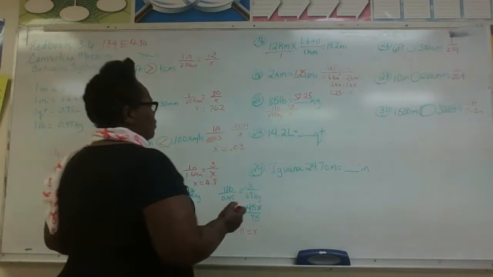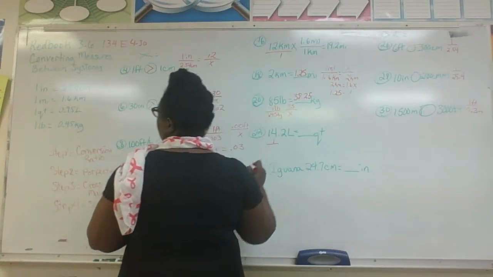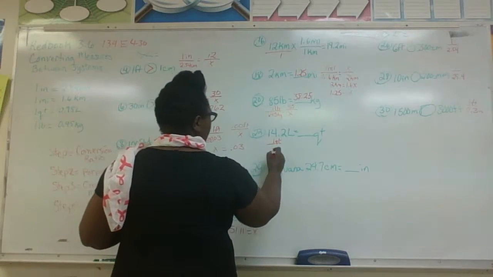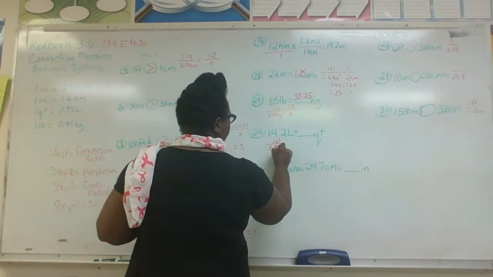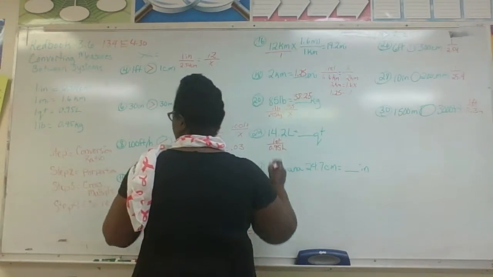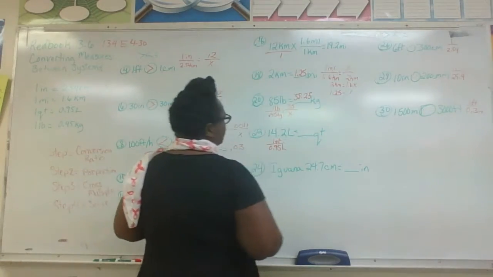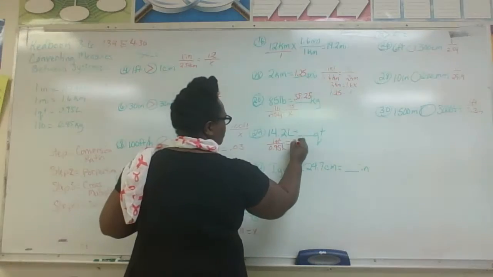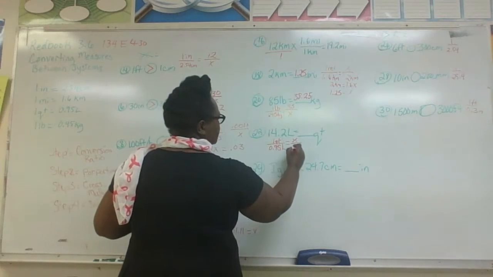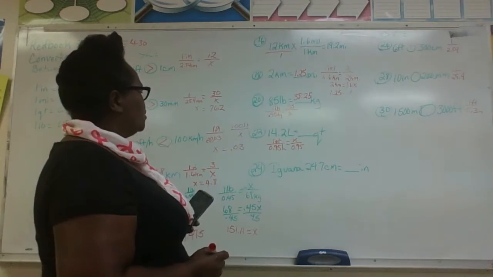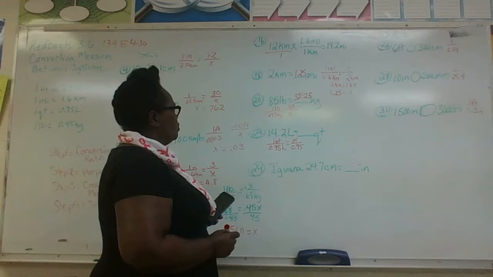All right, now we are looking at liters to quarts. Okay, we have 1 quart to 0.95 liters. Okay, that's our conversion ratio. Now let's set up our proportion so that we don't know the quarts, but we do know the liters, 0.95 liters. Okay, and so with that in mind, we want to